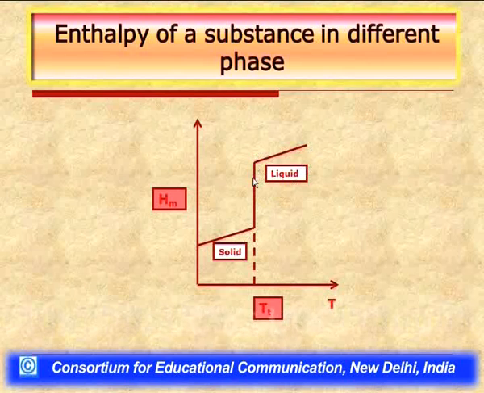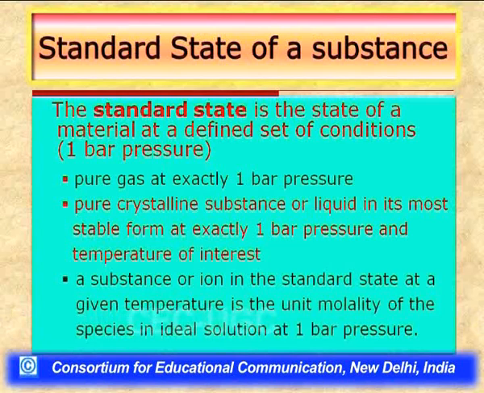So basically thermochemistry helps us to determine these enthalpy values of physical transformations, and in addition it also helps us to determine the enthalpy of a reaction. But if we want to determine the enthalpy of a reaction, as we have already said, and we want to make it only a temperature dependent quantity, then we need to carry out the reaction under standard conditions. That is, for a standard condition reaction, we need to specify the standard state of a substance. So let us now first of all define the standard state of a substance.